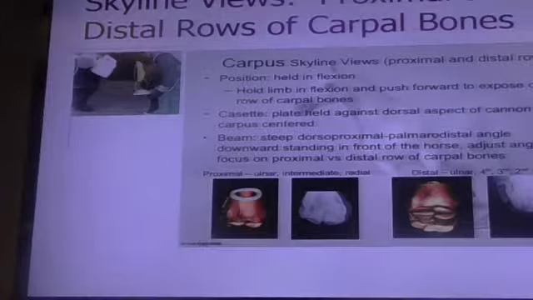Okay, the proximal and distal rows of carpal bones. So this is how it's taken. The film is taken, the knee is flexed, and the angulation for proximal distal row changes. But what you're looking at on the proximal row, of course, you have the intermediate and radial carpal, and it's